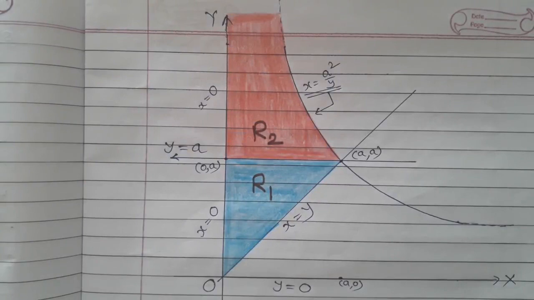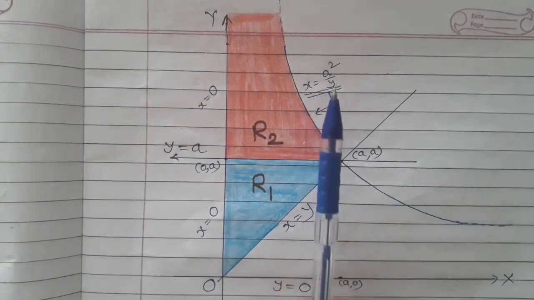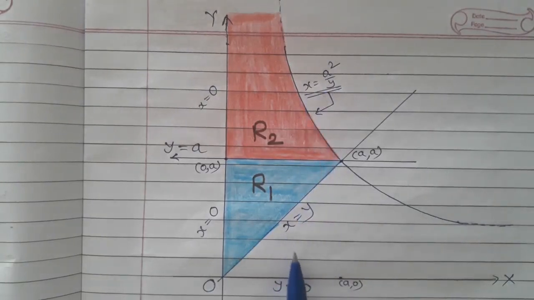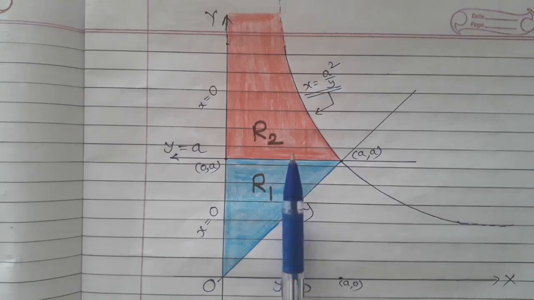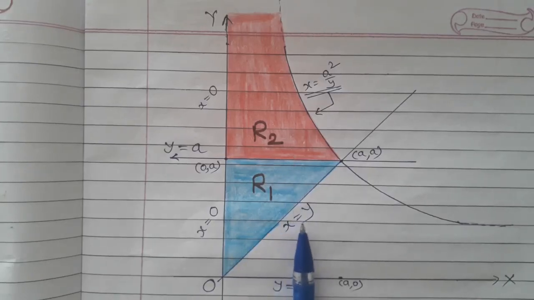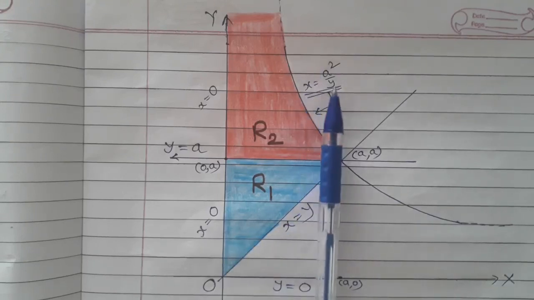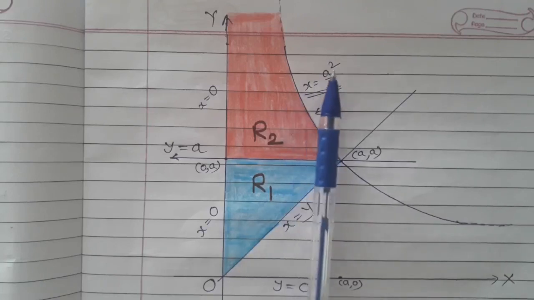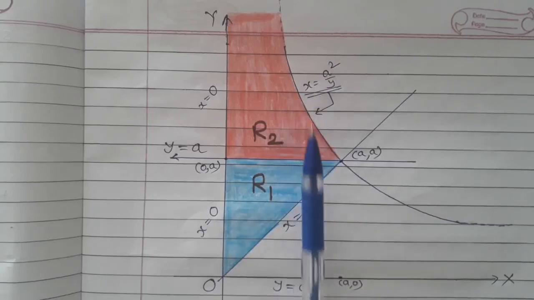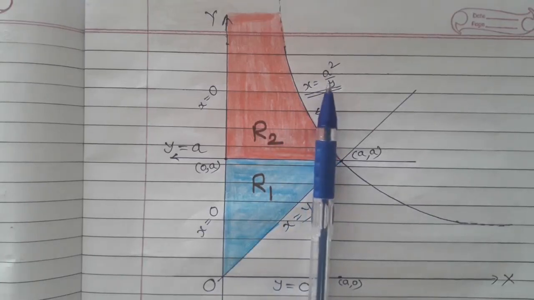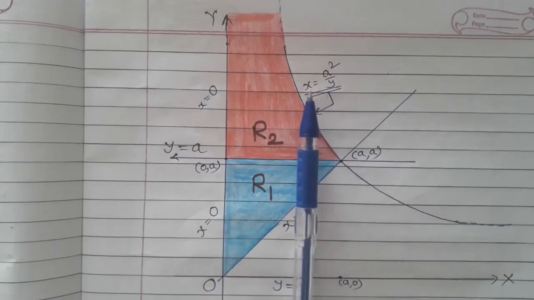Now we are going to change that direction from bottom to top to get the new limits. So for bottom to top, when we consider the firing of the bullet, it will enter into the color through the line x equal to y. That means actually y is equal to x. So lower limit for y is equal to x. After that it comes into the color and exits through the wall x equal to a square by y. That means actually y is equal to a square by x. So the limits of y are y is equal to x to y is equal to a square by x.